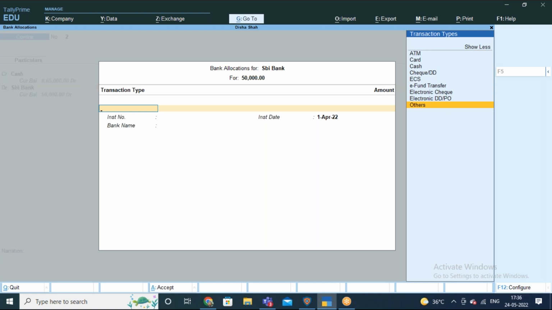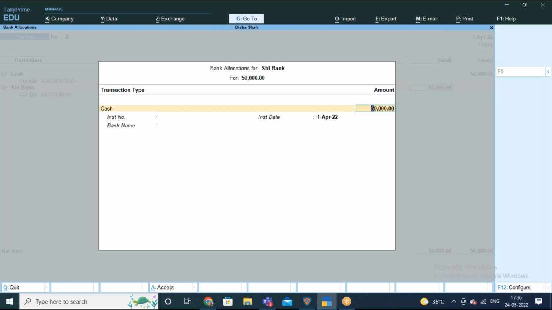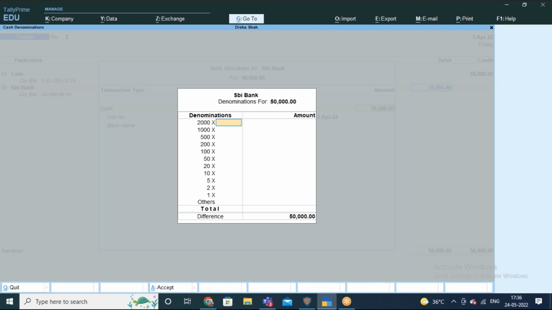Now in this entry, which transaction type can we use to pass it? Good. So this was a cash transaction in the bank. We have taken cash, enter. Since there is a cash transaction, that is, cash is being deposited into the bank. If you have had the experience that whenever you deposit cash into your bank account, it is mandatory that you fill up the challan. You cannot just give the money to the cashier so that they can put it. It is mandatory you have to fill it up with the